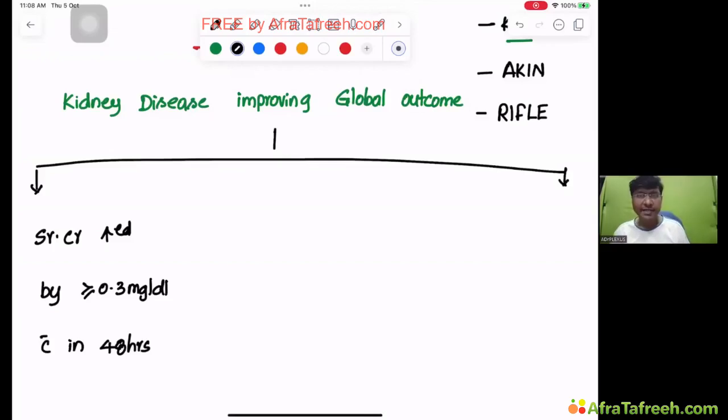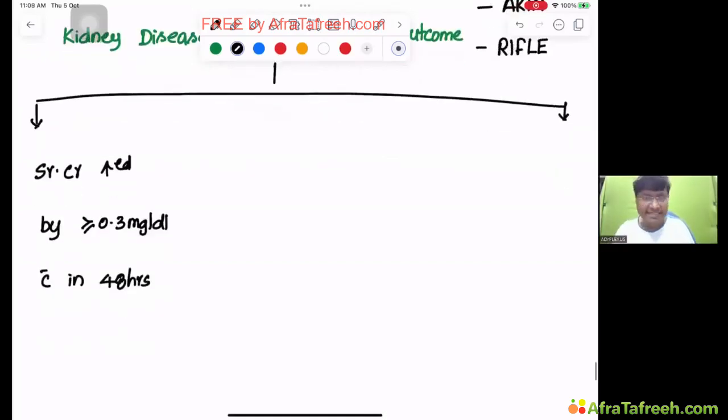Right, an increase in serum creatinine by more than 0.3 milligrams per deciliter within 48 hours from the baseline value. For example, yesterday the patient's creatinine was 1.2. The next day the patient has tested the creatinine, and it is 1.5. That is suggestive of the acute kidney injury, right? Or